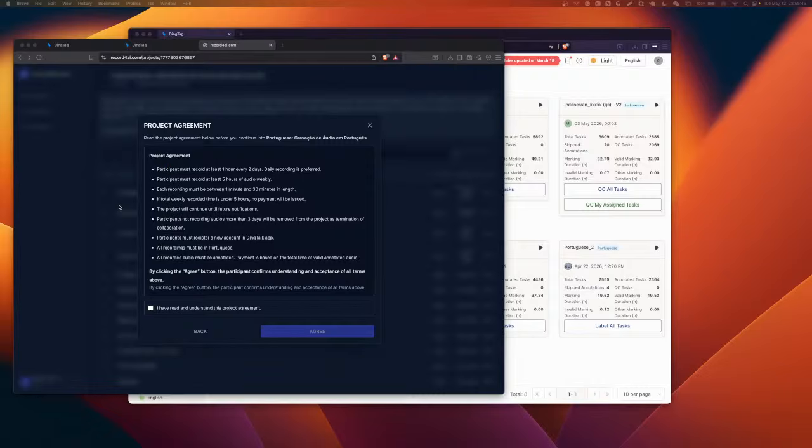when you are working on this system. And the project will continue until we notify you. I can tell you currently it's about the end of this month. But it may be earlier, depends on the work. If our team is really working hard and we're completing thousands of hours of audio, we may stop working on this project because we completed the project already. Because our project is counted by that,